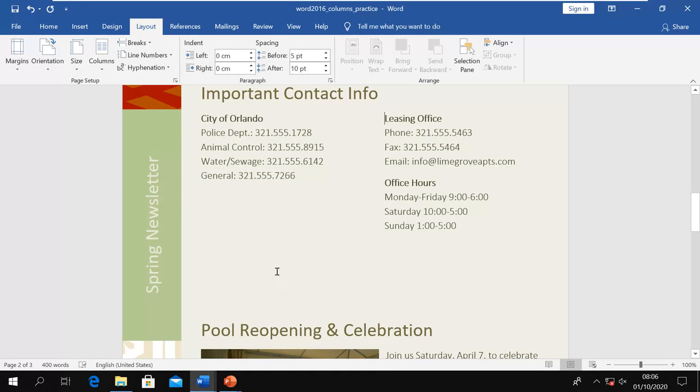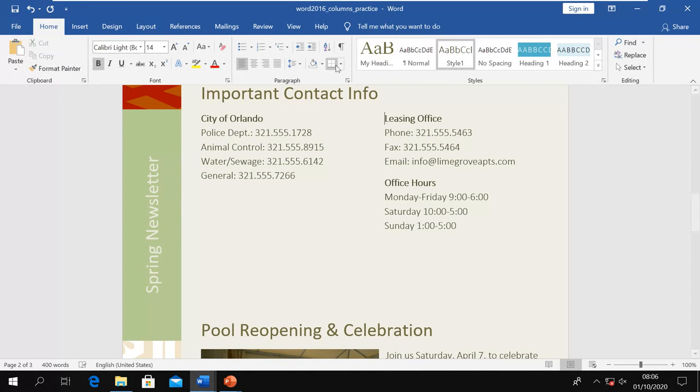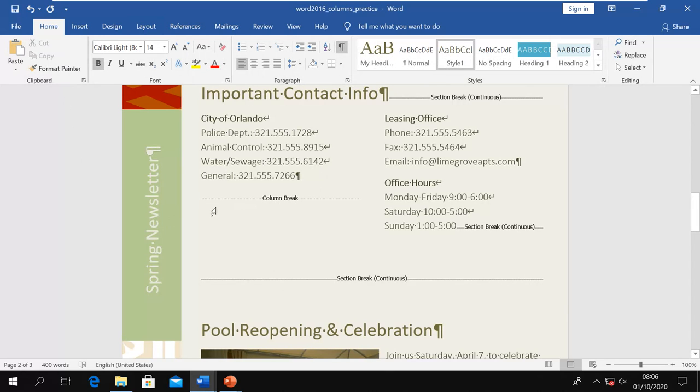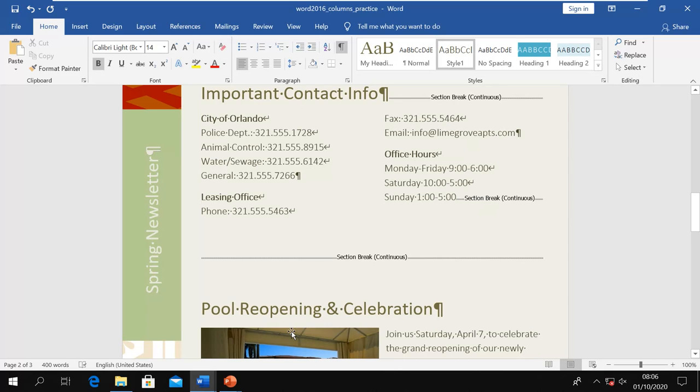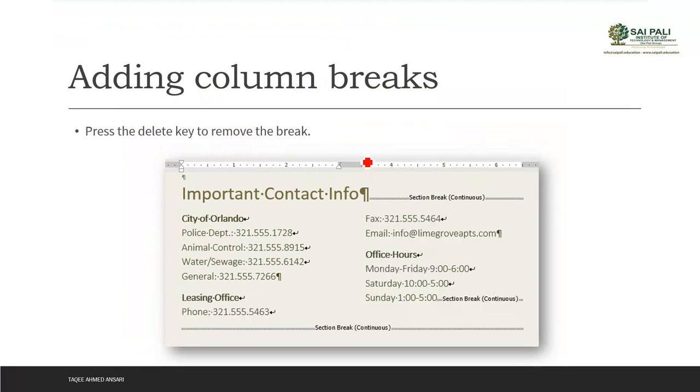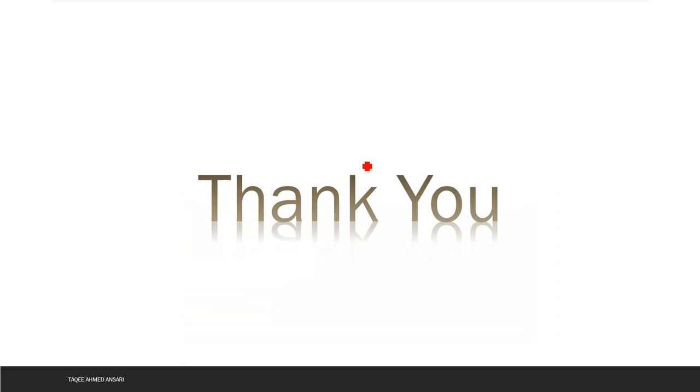So I want to delete this. I go to the home tab, enable this. I can see it now, I put my insertion point there and I press delete. And then I can hide again. So you just delete it and that's it. You deleted the column break also.